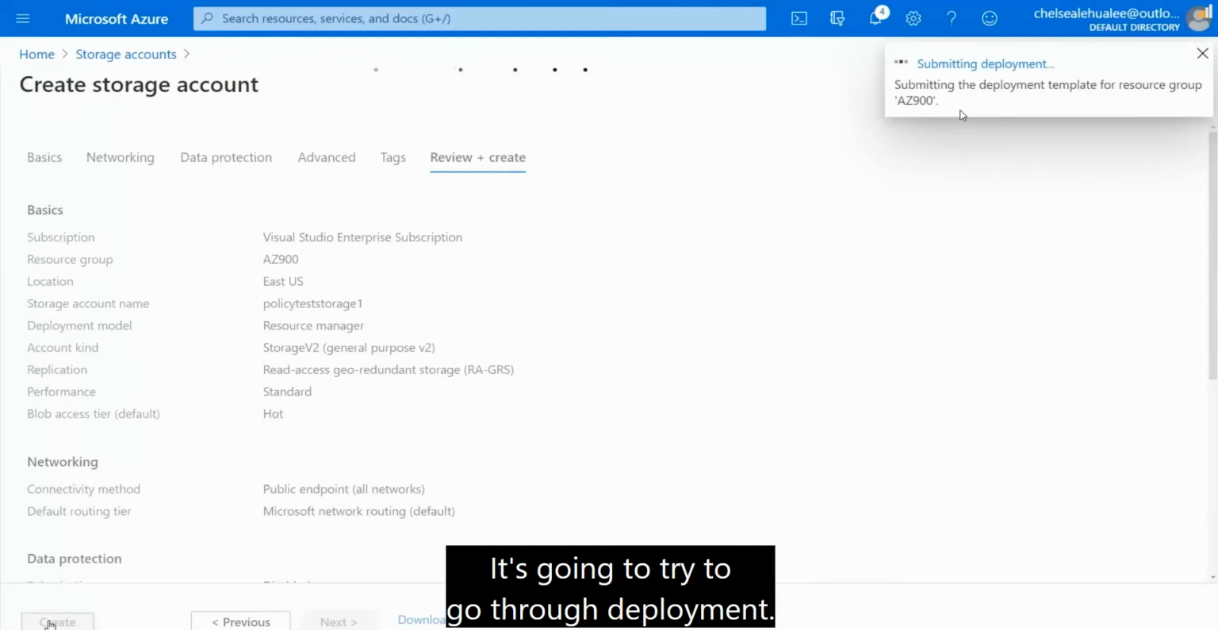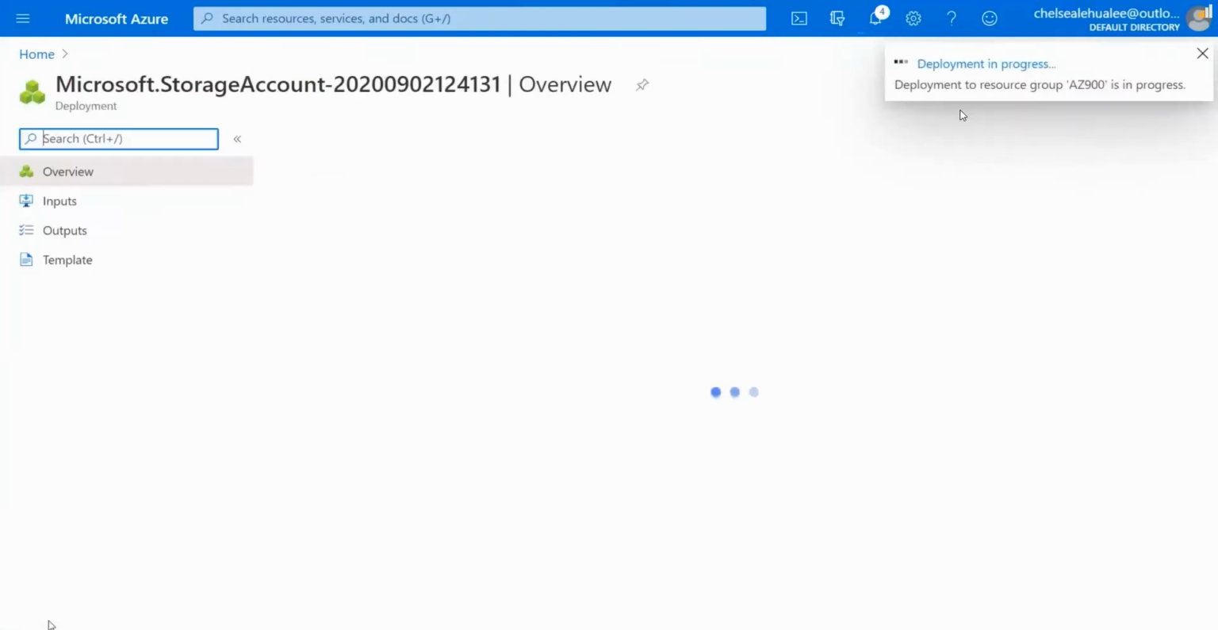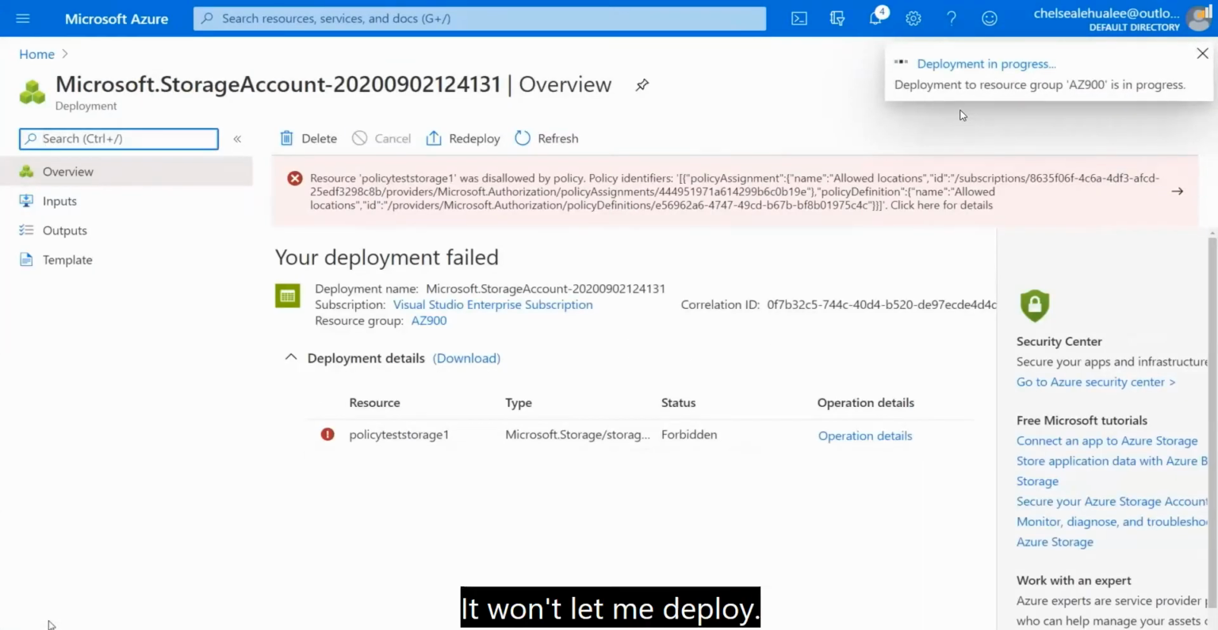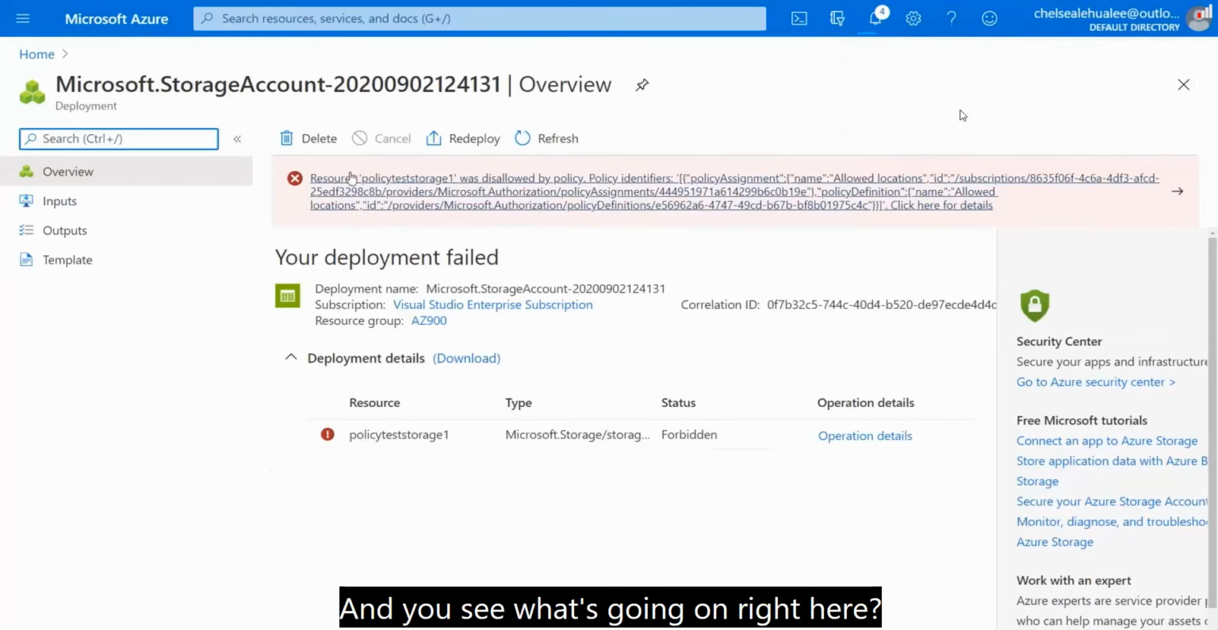It's going to try to go through deployment. Ooh, it won't let me deploy. And you see what's going on right here? It says my deploy